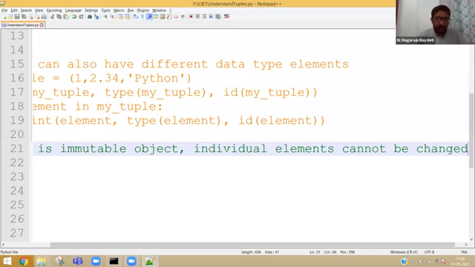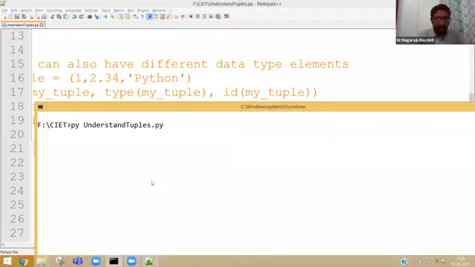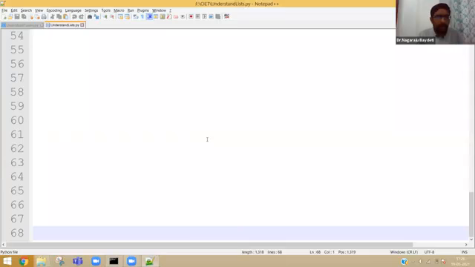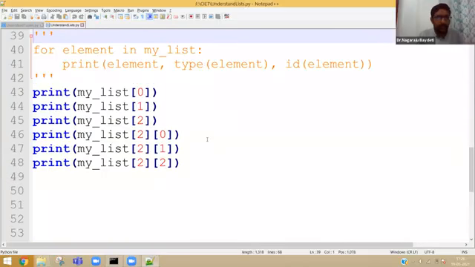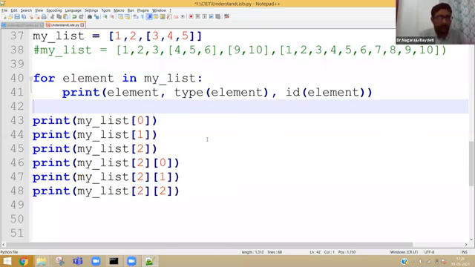For example, let me come to the list program once. Let me come to the end and write a small piece of code.